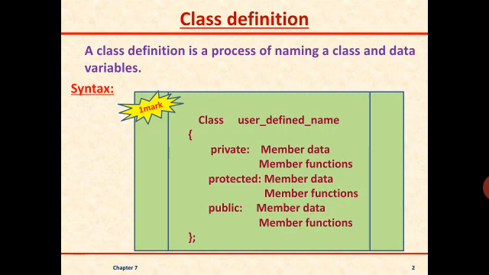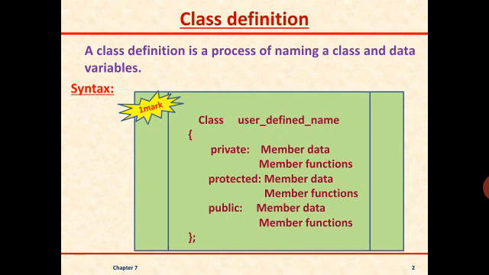The elementary concept of object-oriented programming begins with the use of classes and objects. A class is a very powerful word in C++. It defines a new user-defined data type and the functions that will manipulate that data. So in other words, a class contains some data elements and it also includes some functions to operate on that data.